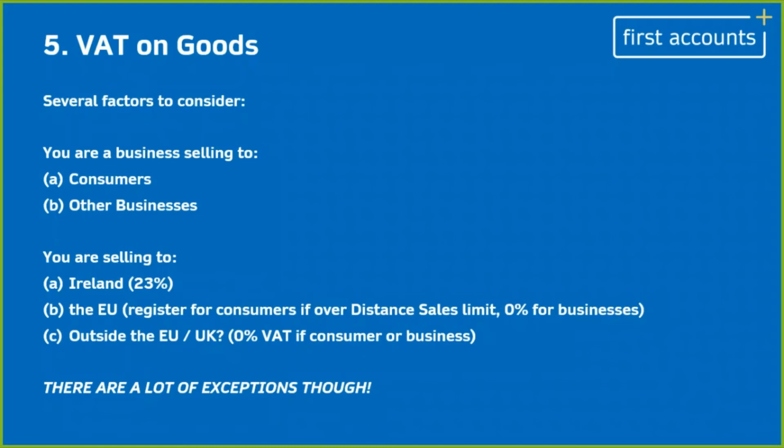Okay, so let's say you're selling to other businesses. What if you're an Irish business selling to other businesses? If you're selling to other businesses in the state, you'll have to charge VAT at the rate that applies to that good. If you're selling to other businesses in the EU, so German businesses, Spanish businesses, etc., it's going to be 0%,